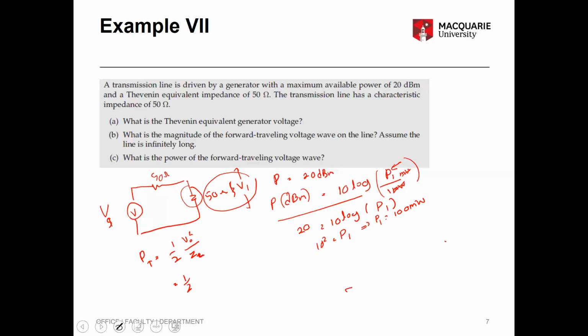So half of V1 squared, where V1 is the voltage across the load, over an impedance of 50 equals 100 milliwatts. It's 0.1 watt because you need to have it in standard units. So when you calculate V1, that will come to